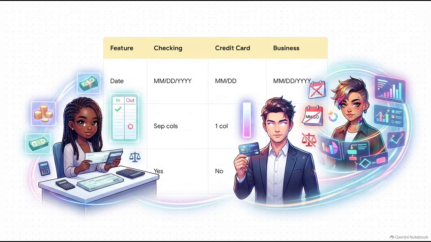According to CapyParse data, personal checking statements use separate columns for deposits and withdrawals, and they include a running balance. But look at the Key to More credit card. It groups transactions totally differently. It uses a single amount column, drops the year from the date format entirely, and has no running balance. And business banking, that's got another layout altogether. Knowing these little quirks is super helpful when you're staring at the document trying to make sense of all the